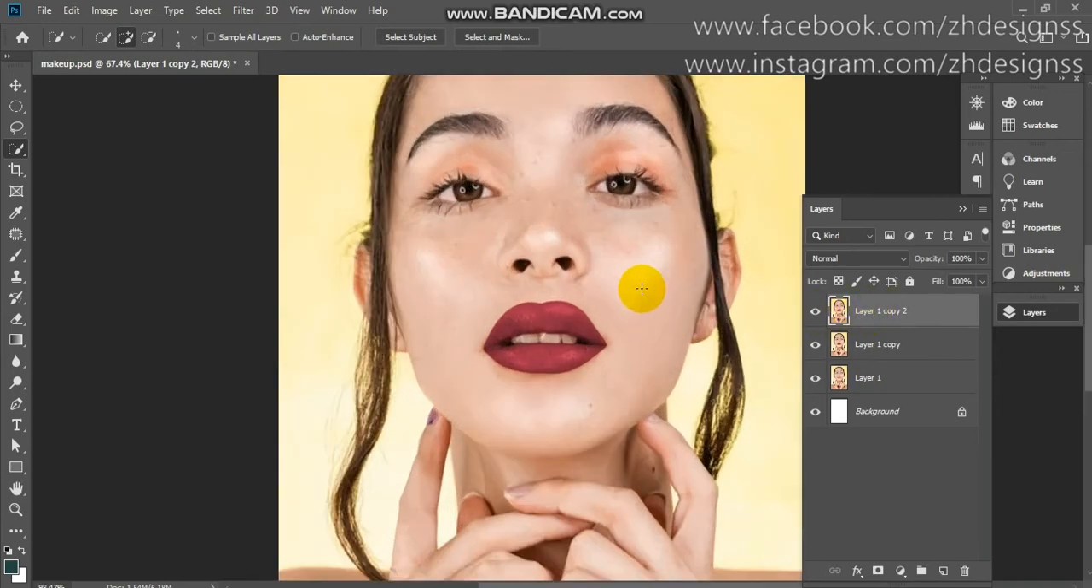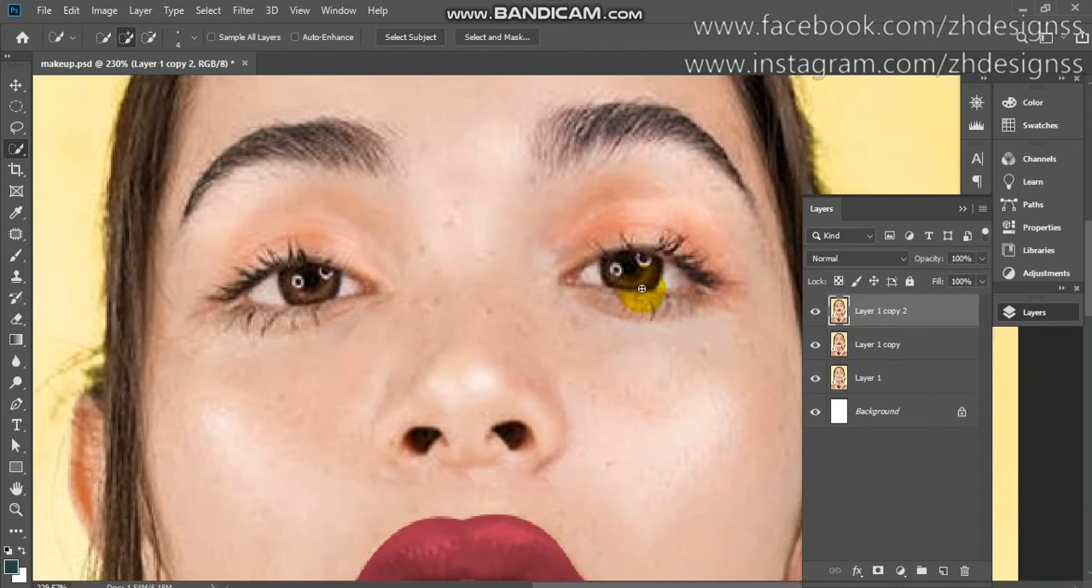Now I will take the selection of eyes in order to change my eye color. So again, now I am using my quick selection tool in order to take selection, because it is very easy to use. Here you can see how easily. Now in order to deselect the unwanted area, I am clicking Alt from my keyboard. Here you can see, by clicking Alt, you can very easily